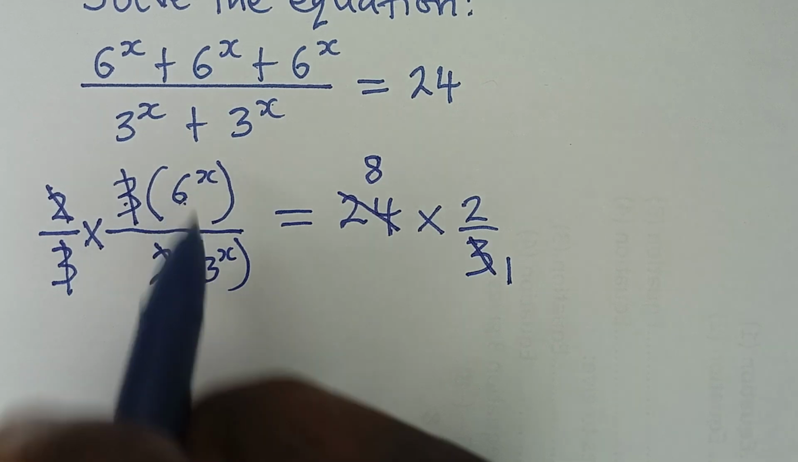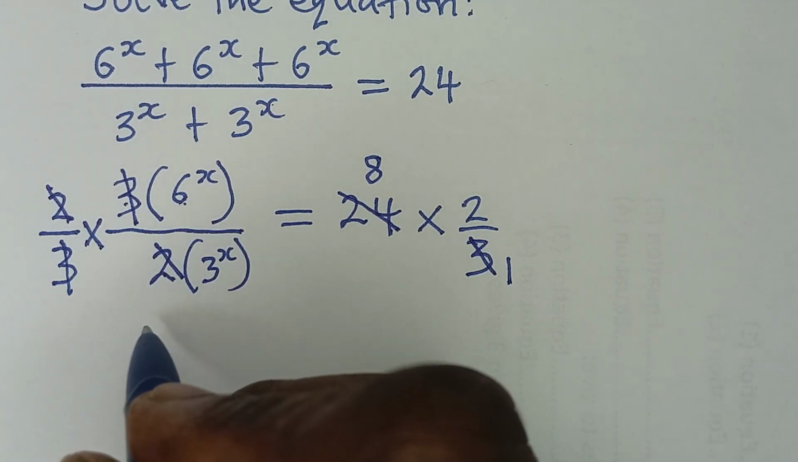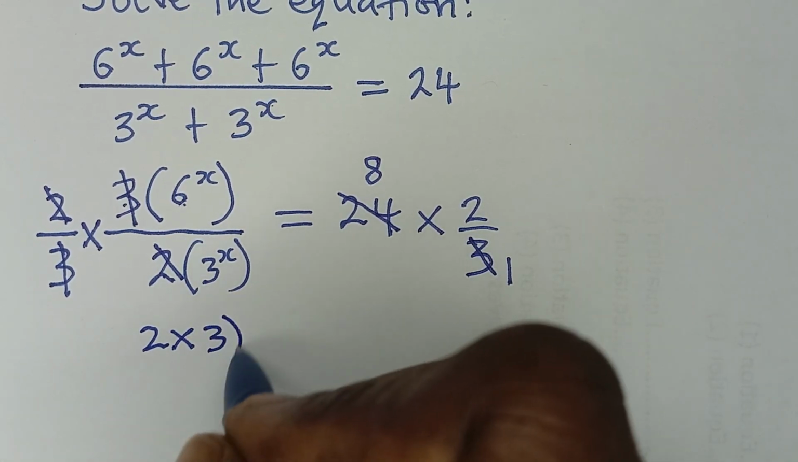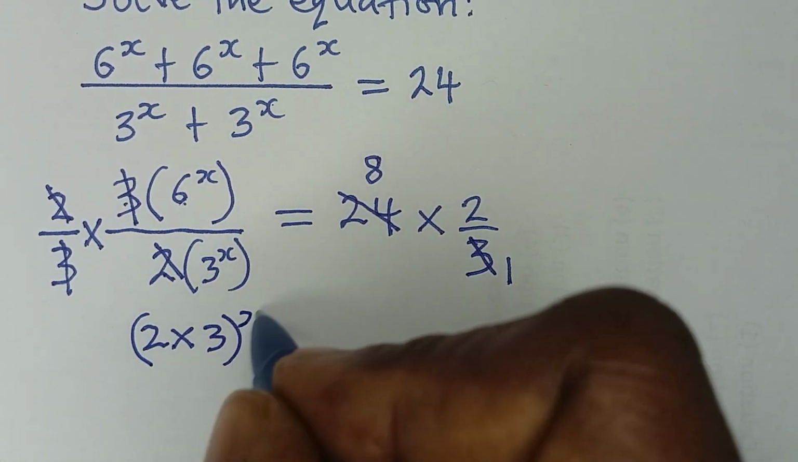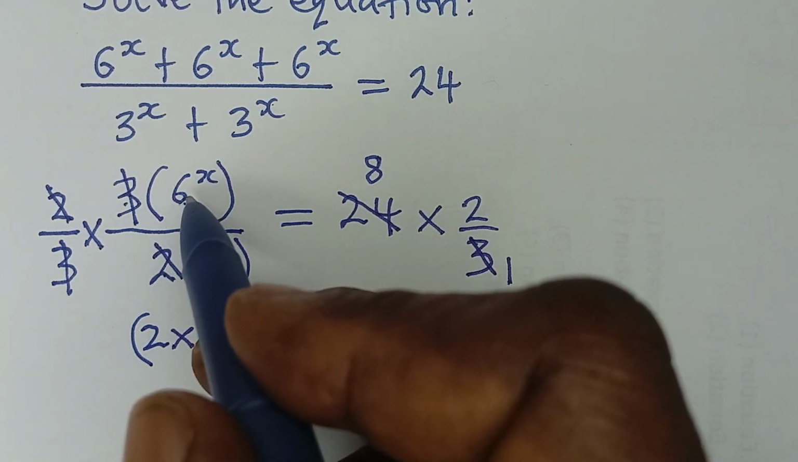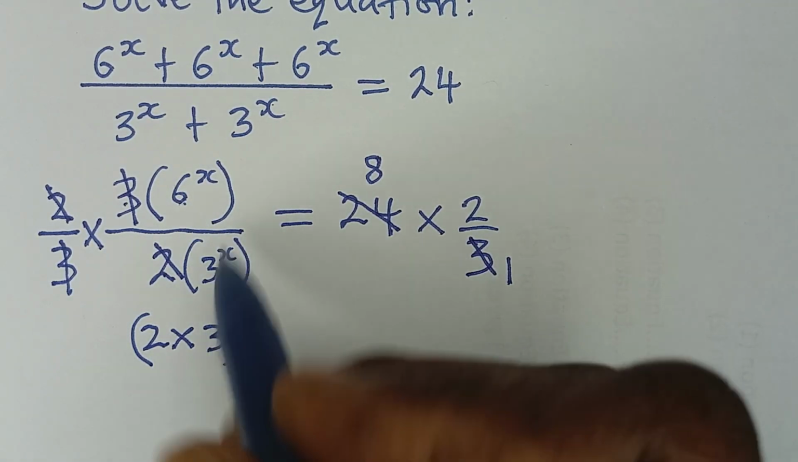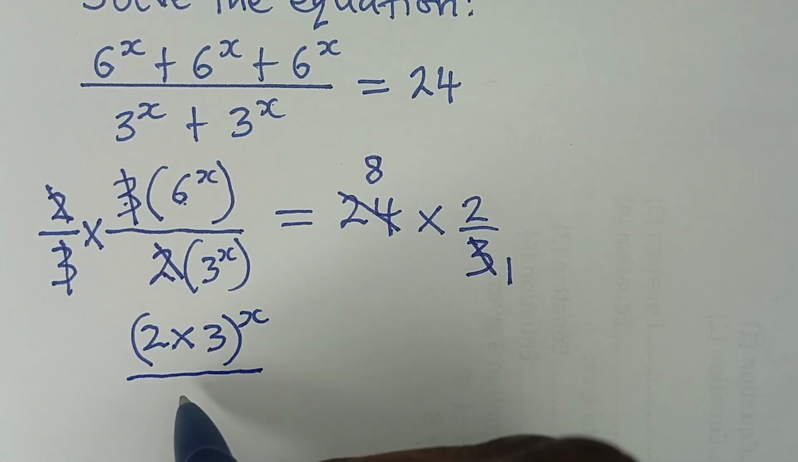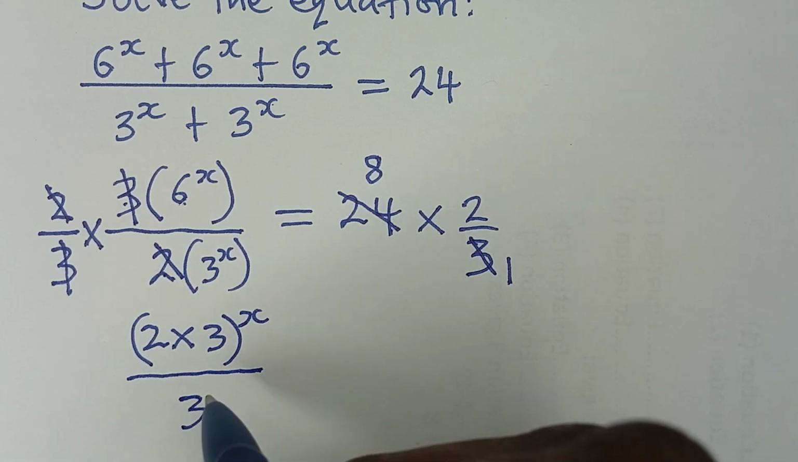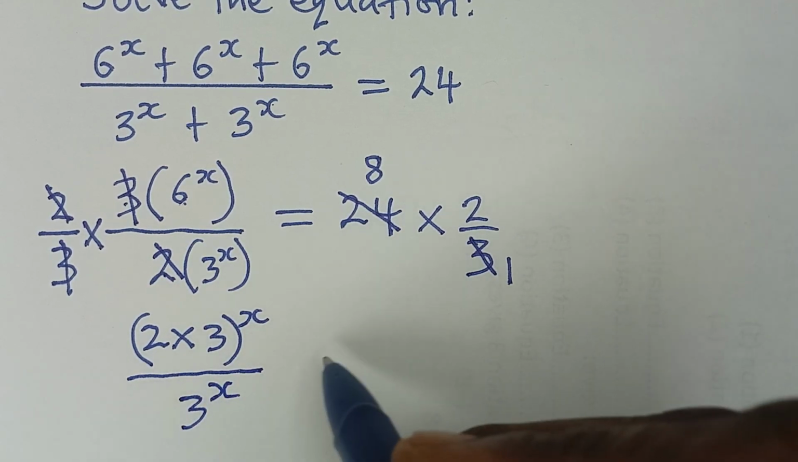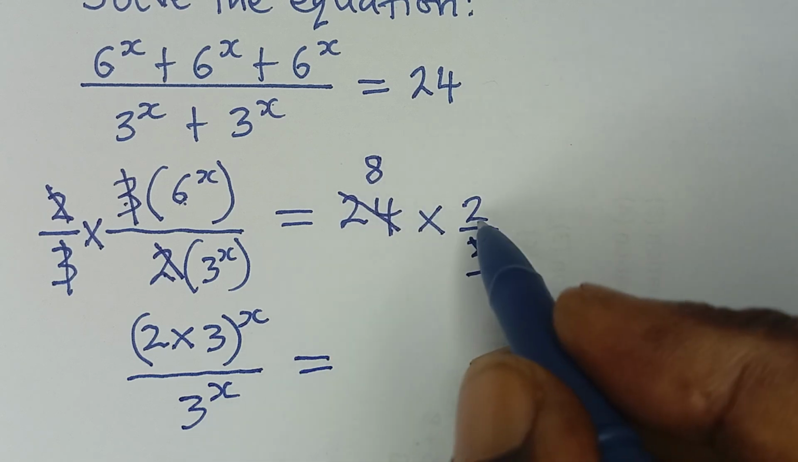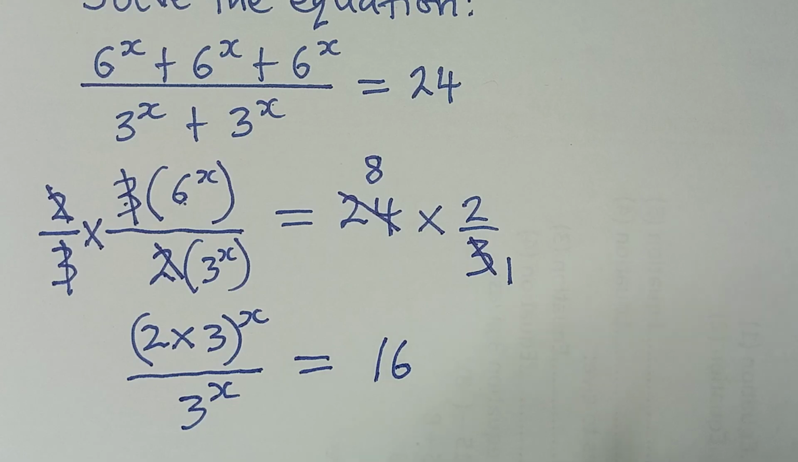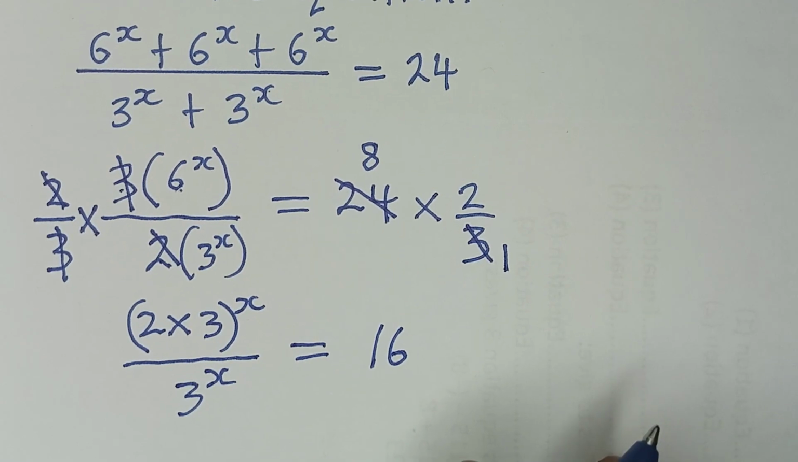And this 6 raised to power x can be broken down to 2 times 3, because 6 is 2 multiplied by 3. Then all raised to the power of x. So this 6 here, which is left here, is the same thing as 2 times 3, because 6 is 2 times 3. Then the power is x. Then all over 3 raised to the power x. And then that will be equal to 8 multiplied by 2 will give me 16. So that is what I have left there. And then if I simplify further,